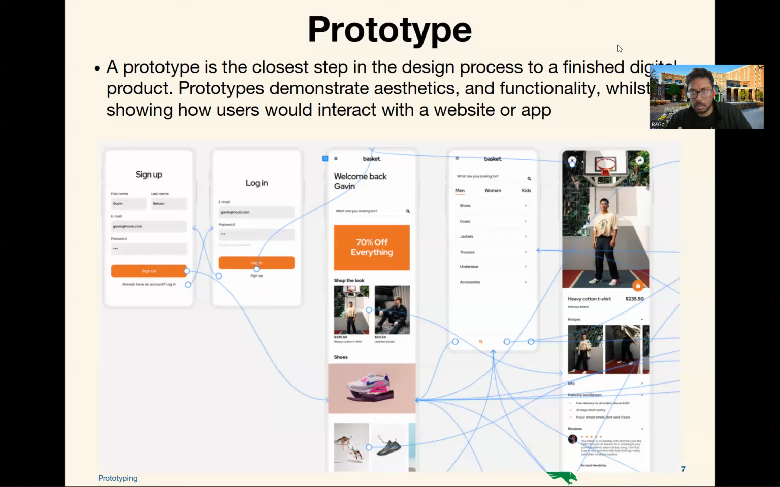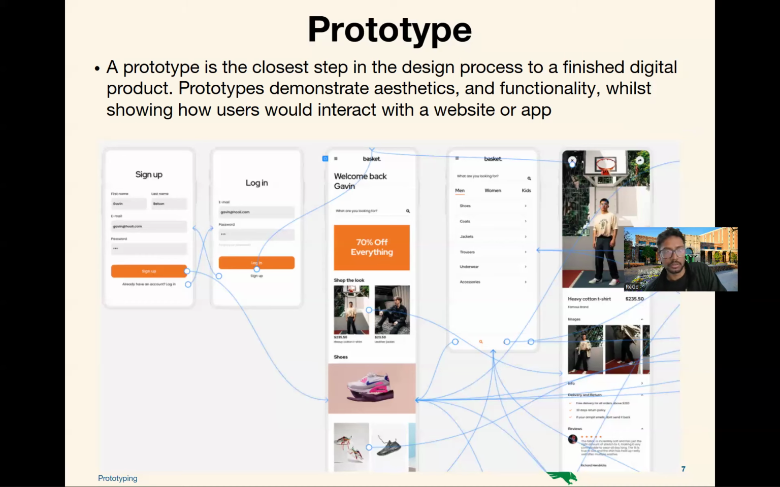So in any case, prototype is going to be the closest step in the design process to a finished digital product. And prototype is what your CEO can use to pitch to an investor to show how the product is coming, or maybe your sales team is going to pitch this to their customers to show how it's going to look, how it's going to feel, and things like that. So let's proceed with